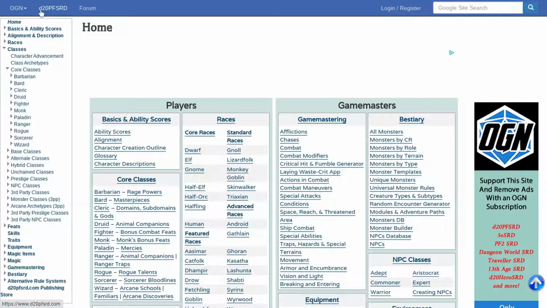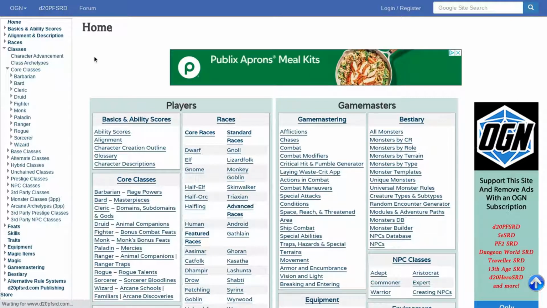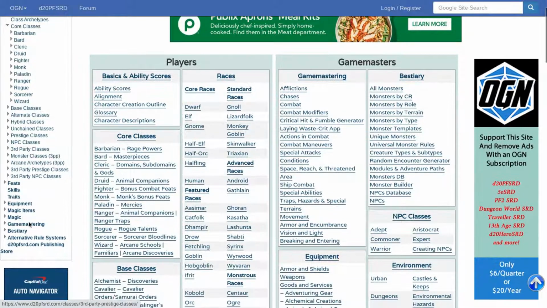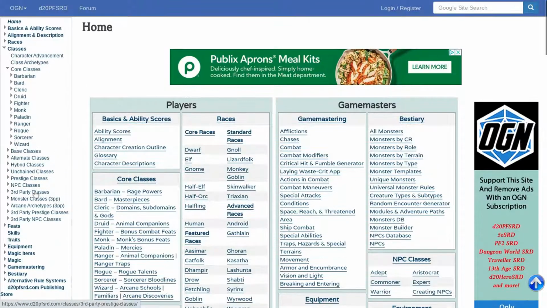So it's D20PFSRD.com. Up here on the left, you can see it, left top. Now you can make an account. I do not have one, but over here on the side you have a little tool to get you to